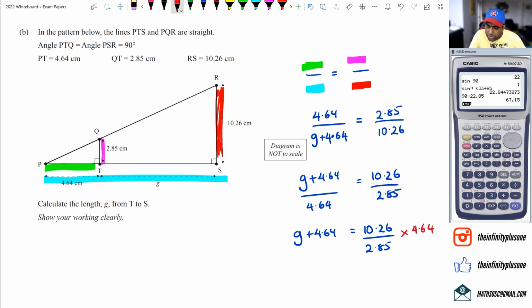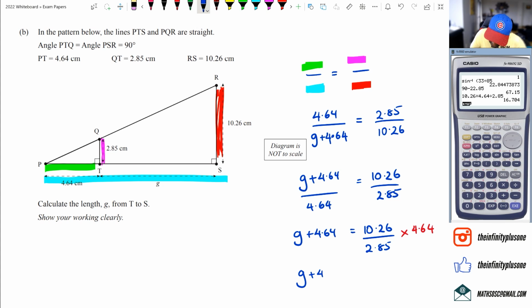So I'm going to do that first on my calculator. So I've got 10.26 multiplied by 4.64 divided by 2.85. Now this is going to give me 16.704. So I've actually got